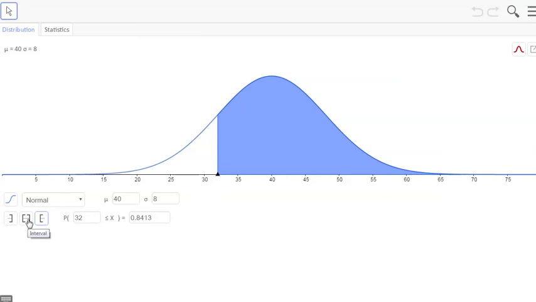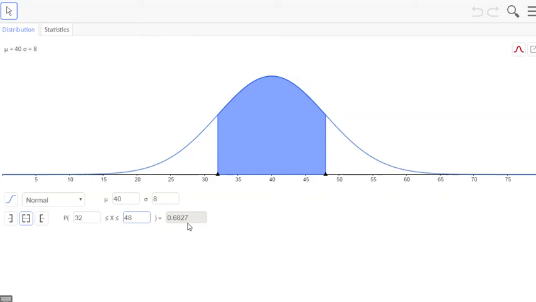So because we're between two values, we want an interval between, and then our x values are 32 and 48. And as you can see, on this right-hand side, it tells us 0.6827. This is our percentage. This is our area between those 2 points. So where we said about 68% before, it's actually exactly